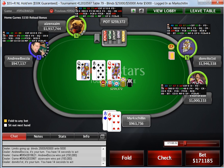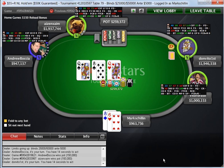Okay, so I defend here with the ace-6 offsuit. Again, for min raises, I don't mind defending these types of hands, these connected or suited type hands, that for one more big blind, if you miss, you can just check fold. But